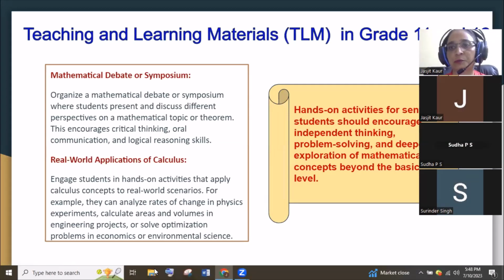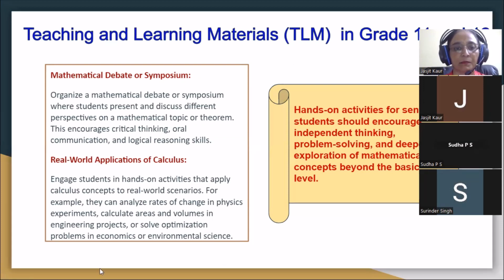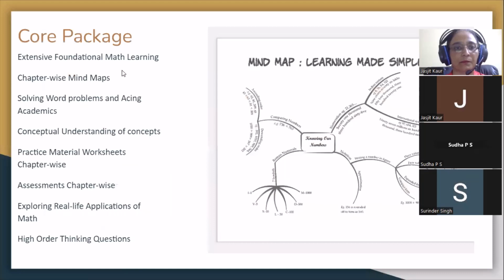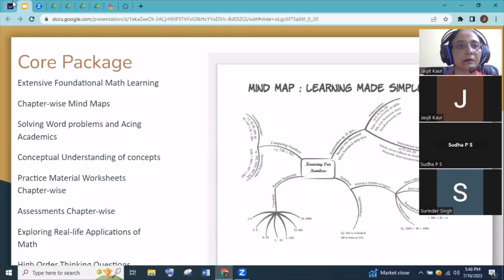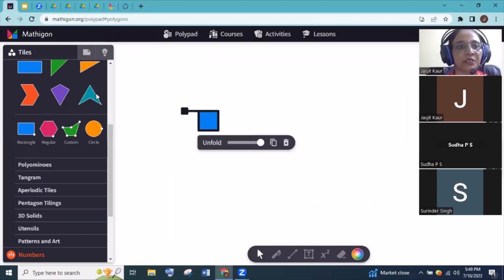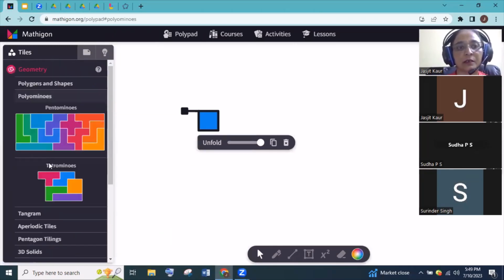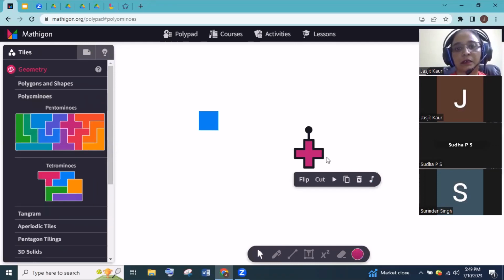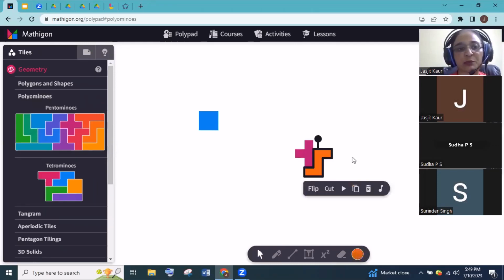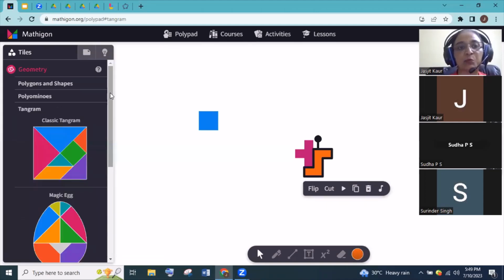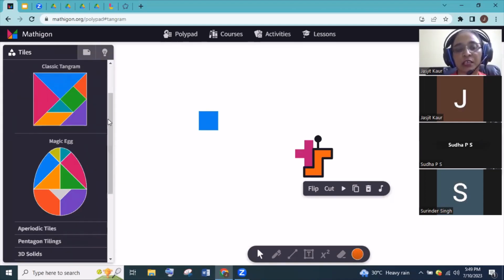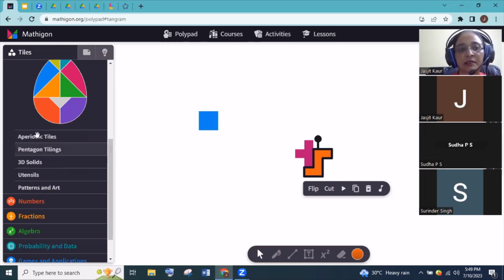Now let me show you some activities for the fractals and other things. Just like this, you can give them and let them make the shapes for that. Kindly explore it and help the students to engage with hands-on activities.